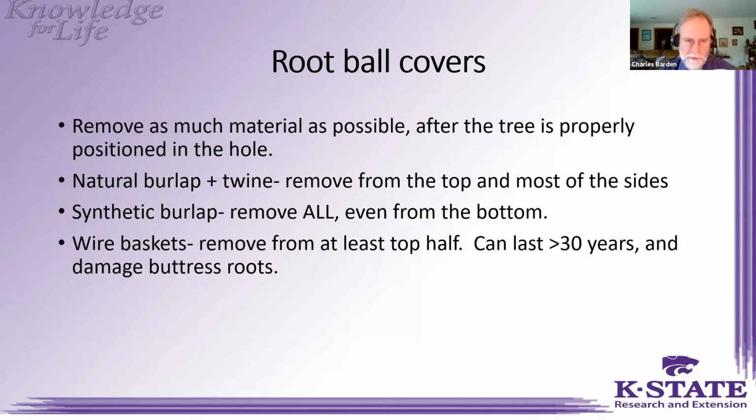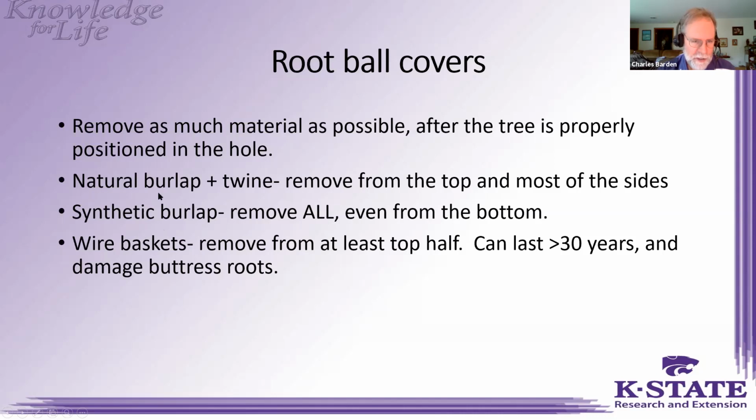That synthetic burlap is very important to remove all of that, even from the bottom, because it actually breaks down in the sunlight. UV light breaks it down and makes it crumbly and fibrous and falling apart. But synthetic burlap, if it's in the bottom of the hole where the sun doesn't shine, will not break down, and roots will grow through that burlap and live for about a year. And when they go to get larger in diameter, they girdle themselves and die. Then a new skinny root takes its place. So it's important to remove all of that synthetic burlap, especially from the bottom. This may mean you have to rock the tree back one way and pull the material out from underneath it, then rock it back the other way and pull more material out, because you don't want that synthetic burlap in the bottom of the hole.